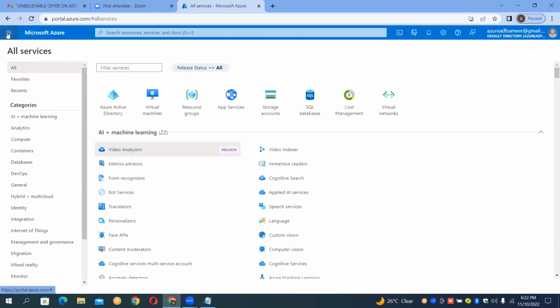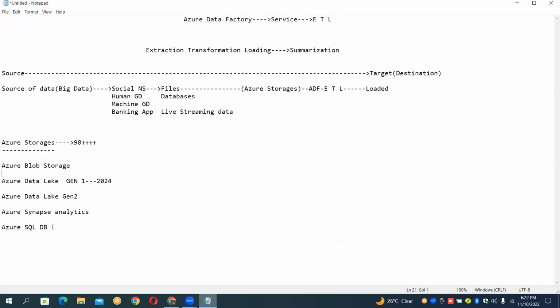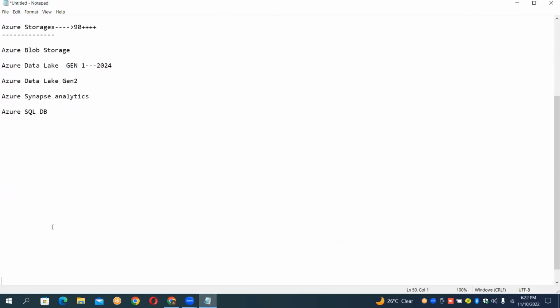So now, guys, today we'll start with Azure, not the ADF. Today we'll start with the ADF, guys. To understand this ADF, first of all we'll discuss